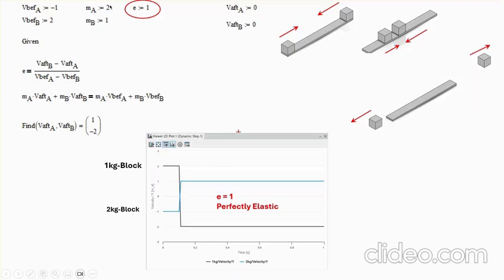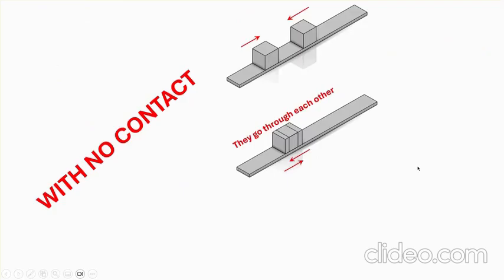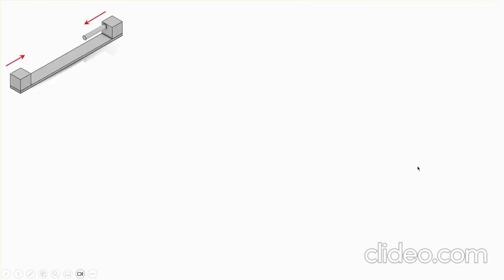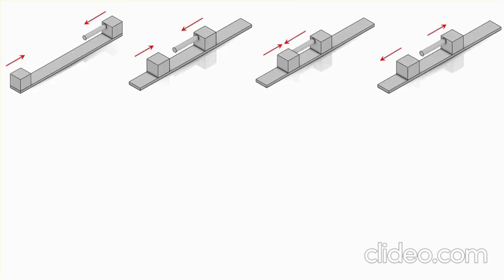In other words, the 2 kilogram mass is going to go in the other direction at 1 meter per second, and the other way around for the other one. Now, if we don't specify contact in this problem, they go through each other. The other thing is that the shape of these two doesn't matter,